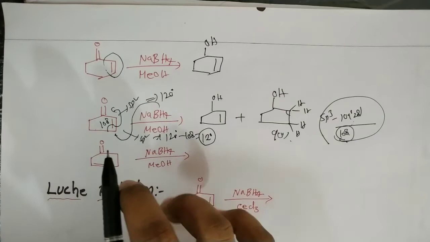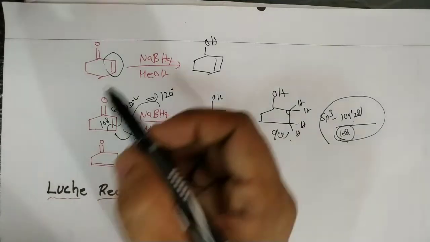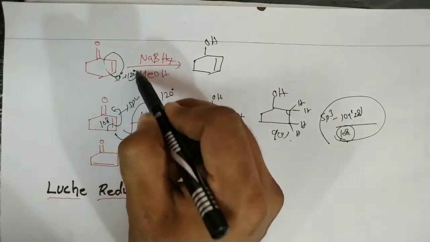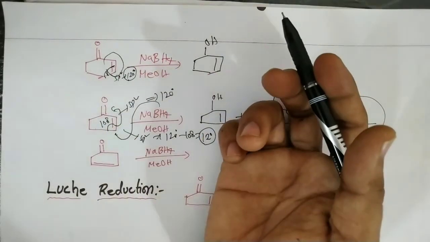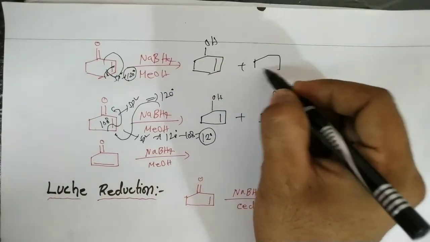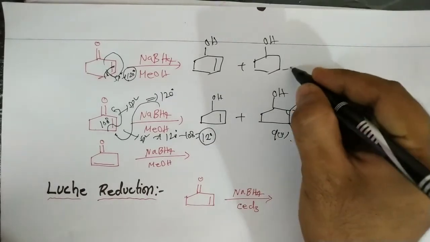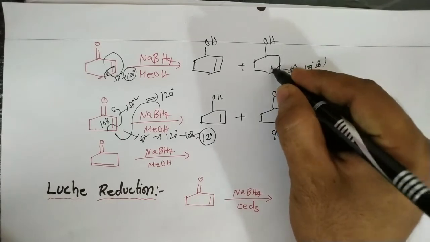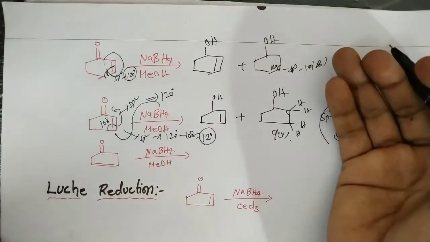So there is a relief of strain by reduction of the C double bond C. But in this case, this sp2 carbon has a bond angle of 120 and the internal angle for the hexagon is 120, so the double bond is not easily reduced. There is no relief of strain if the double bond is reduced to the alkane. That means sp3 is 109 degrees 28 minutes, while the internal angle is 120, so again the strain increases. If the double bond is reduced, the strain increases.